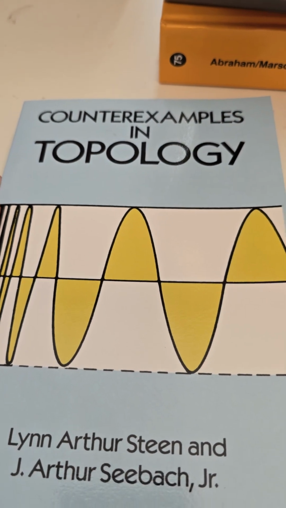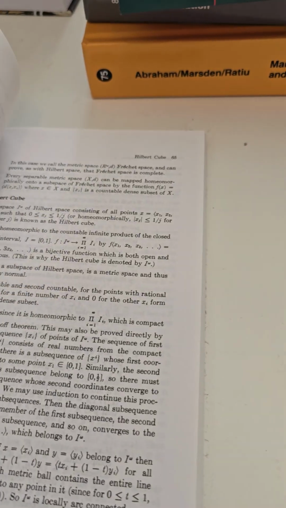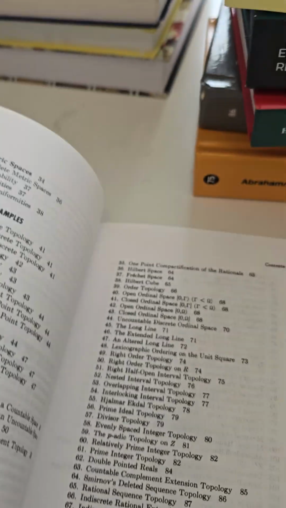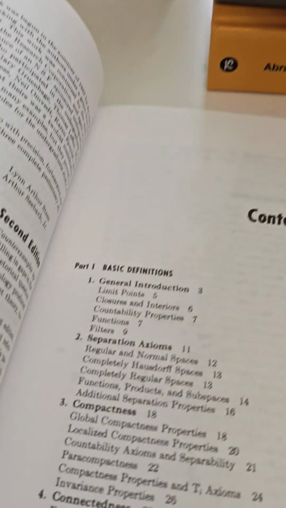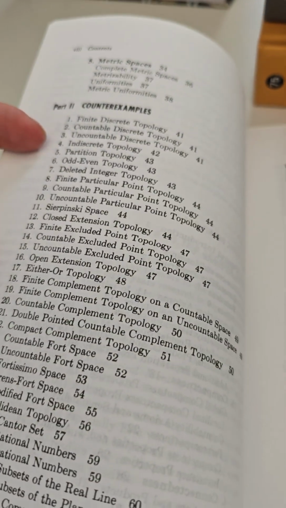The next book is one of my absolute favorites. It's Counterexamples in Topology by Steen and Seebach, and it's a brilliantly written book. I love it very, very much. So in it, we see some basic definitions, but the meat of the book is just a very, very long